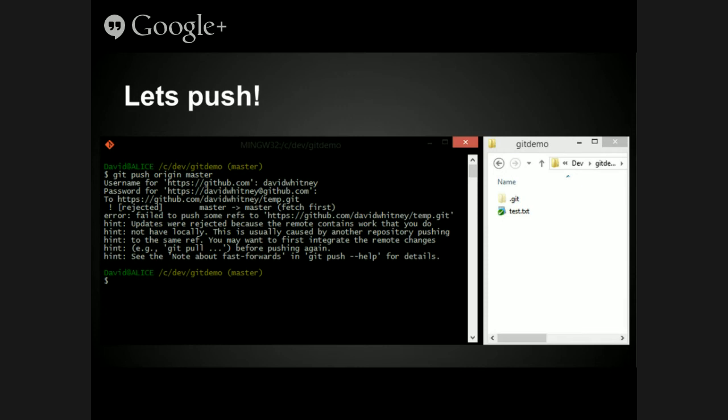So GitHub has 2 common commits and 1 new commit. Locally, I have 2 common commits and 1 new commit. So I do git push origin master, and computer says no. So what happened there was the origin rejected my push because I'm not up to date.